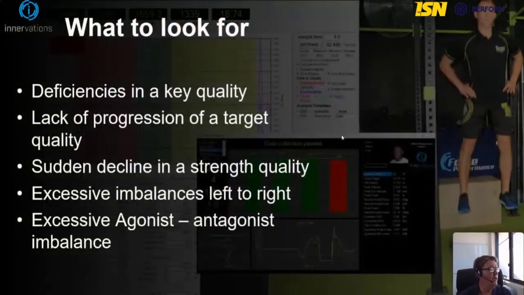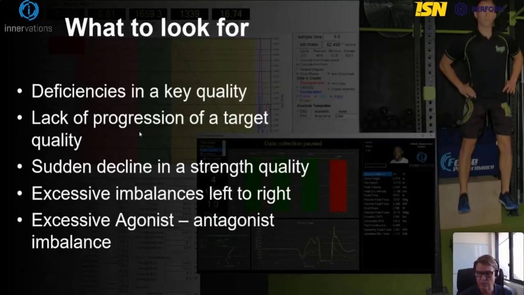So what to look for? Deficiencies in a key quality, that's an obvious one. A lack of progression of a target quality. If you're implementing something to, for example, improve reactive strength, and you're not seeing an improvement in that drop jump performance and their reactive strength index, it's a problem. Either there's a